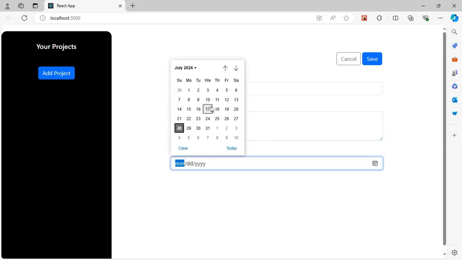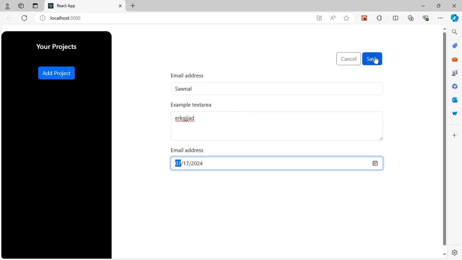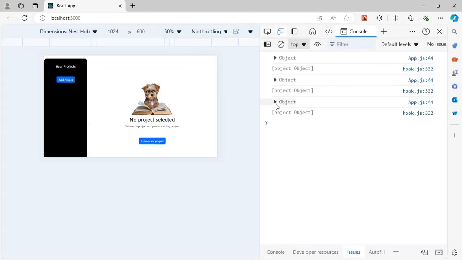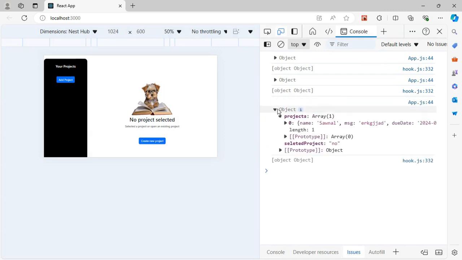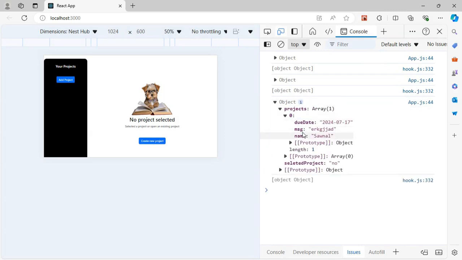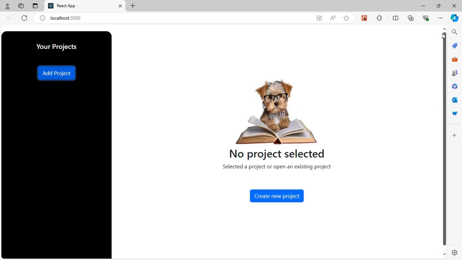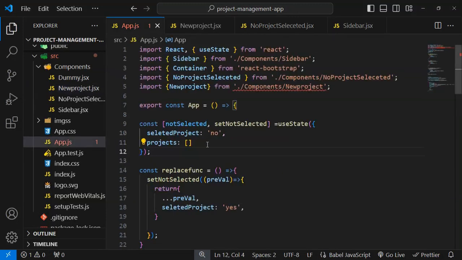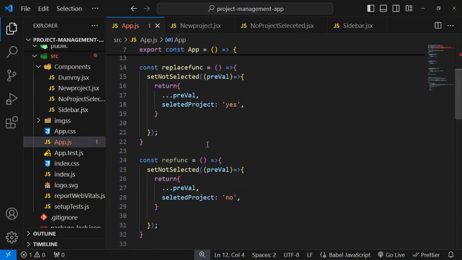And here I am just typing a date. Now I have saved it and move in our console, and inside our console you can see that we have that date which we have selected. So we have converted our one input type into date. So what we have to do now, I have created our array successfully,